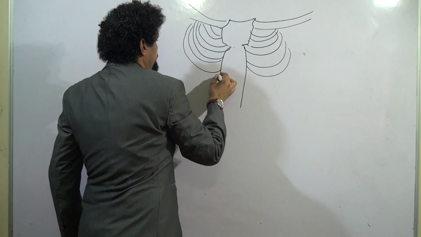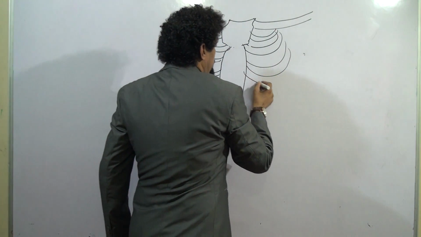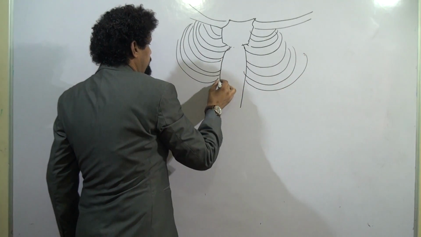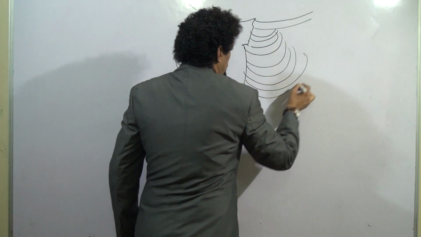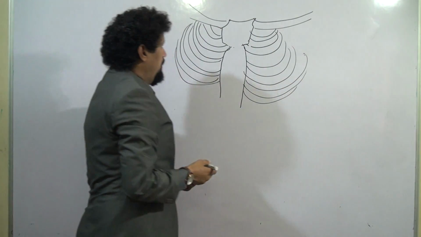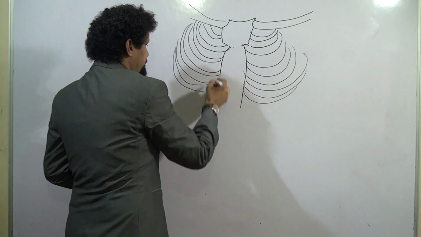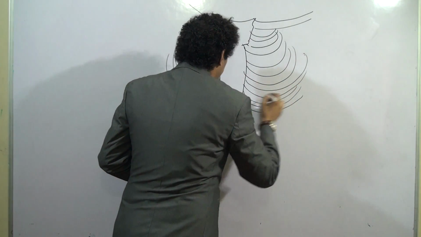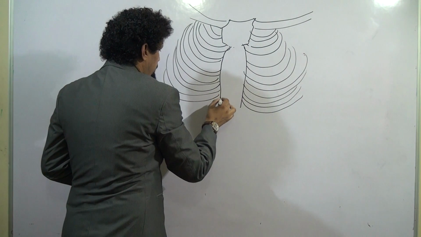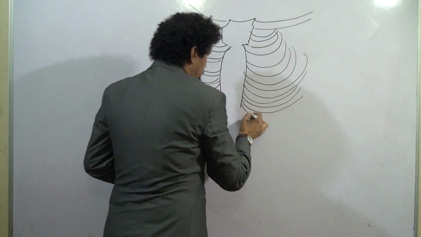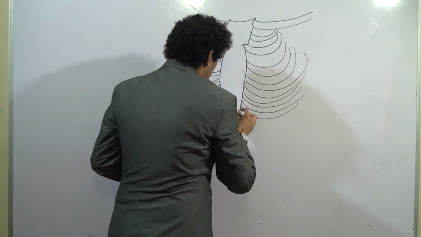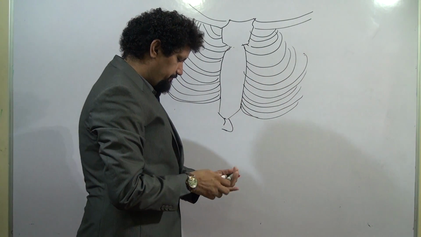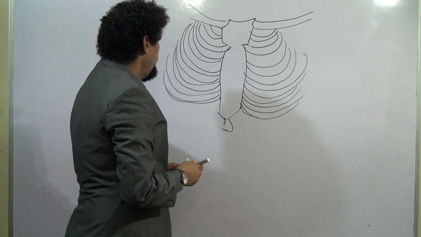Second rib is attached to the sternal angle. So the middle mediastinum is occupied by the heart and initial part of the great vessels. This is the xiphoid process. So the heart is lying centrally,